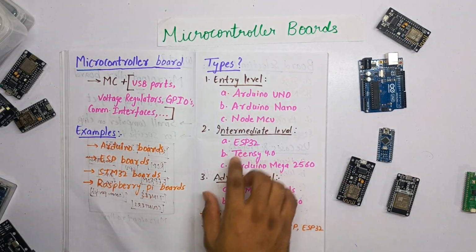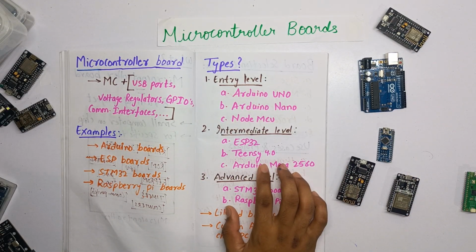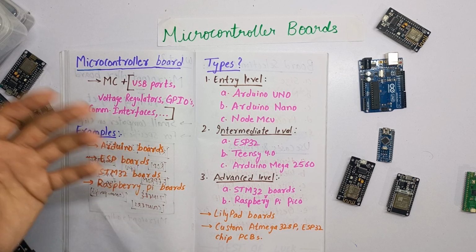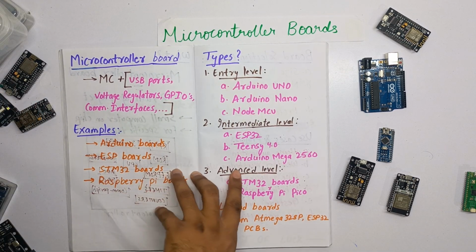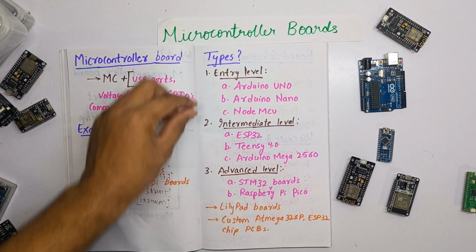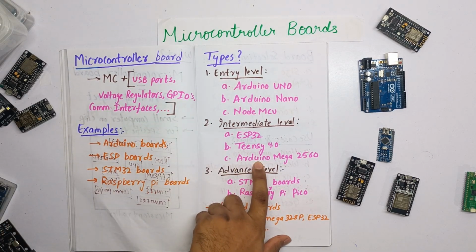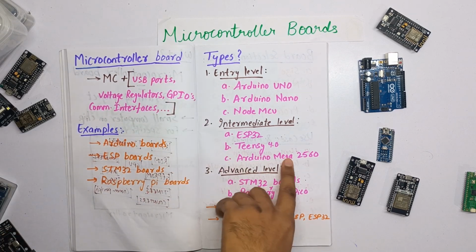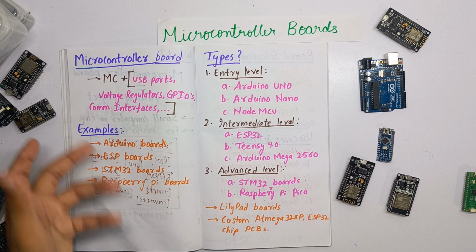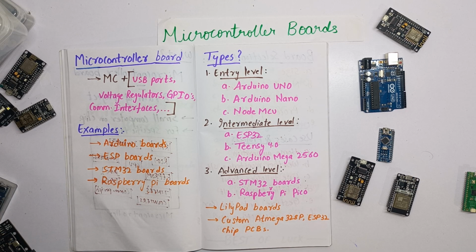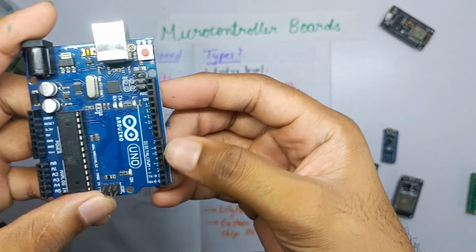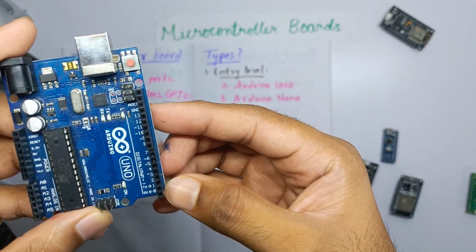Right. So in this category we also have Teensy 4.0, which is also a microcontroller board, but it is way faster compared to ESP32, and you may go for Teensy 4.0 if you want to do advanced level projects. And also Arduino Mega 2560. Arduino Uno, Nano and Arduino Mega, these three are the popular boards from the Arduino company. Arduino Mega 2560 offers you so many pins. It has around 56 digital pins so that you can control so many sensors. For this one we have only 14 digital pins, from 0 to 13.